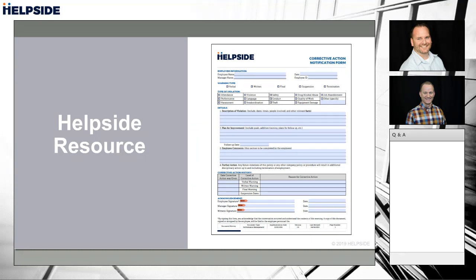And again, the corrective action notification form, Jeff, I think we've mentioned this before. Yes, we went through this in a little bit of detail yesterday. So again, review that if you need, but always try to complete this, even with terminations. Check the termination box, fill out why, have the employee sign it. Is it required? No, it's not. We do get that question quite often too.